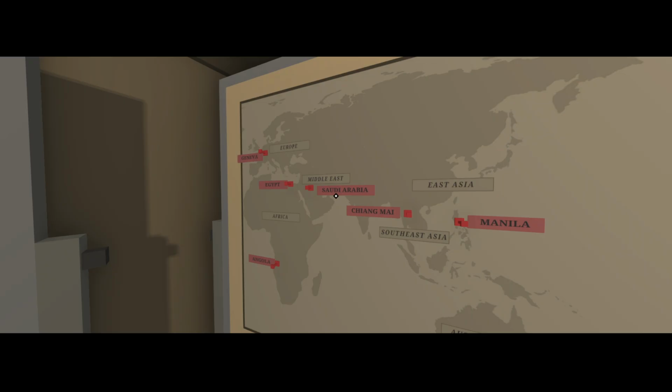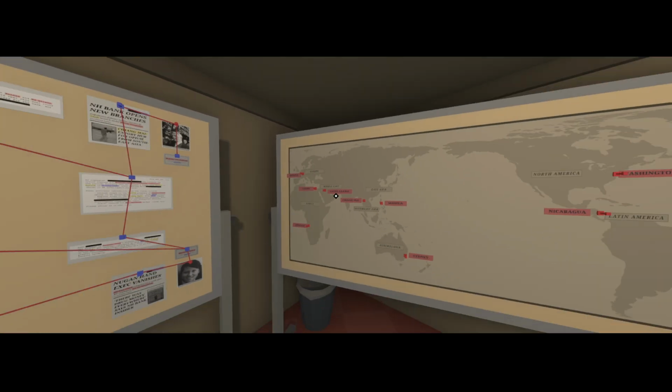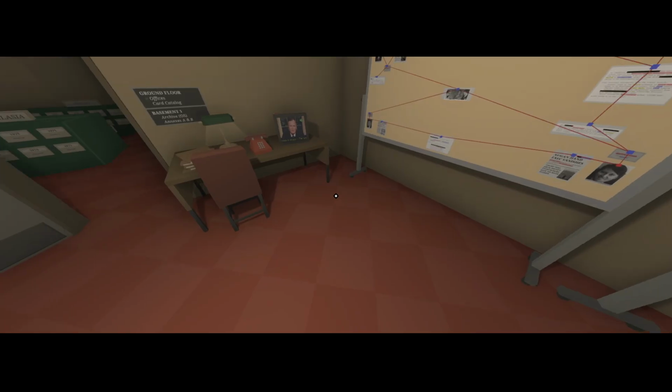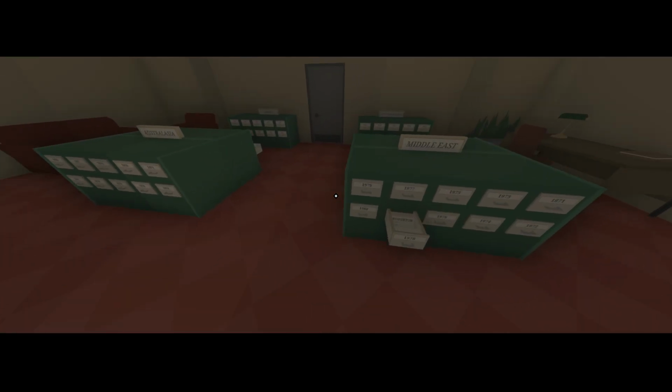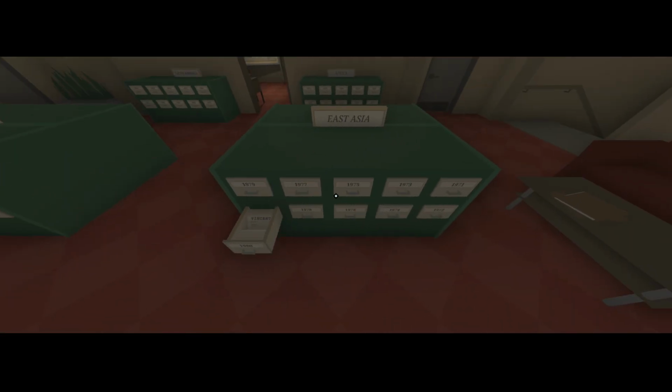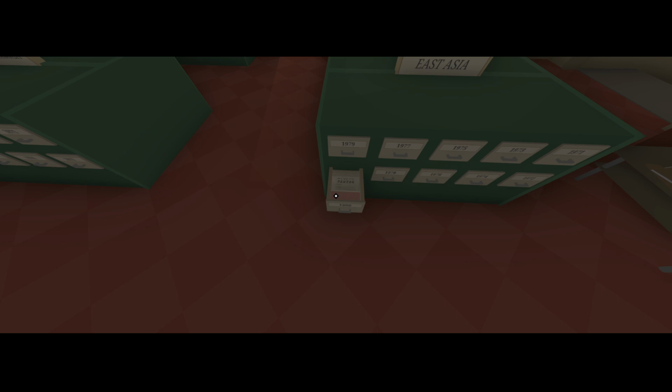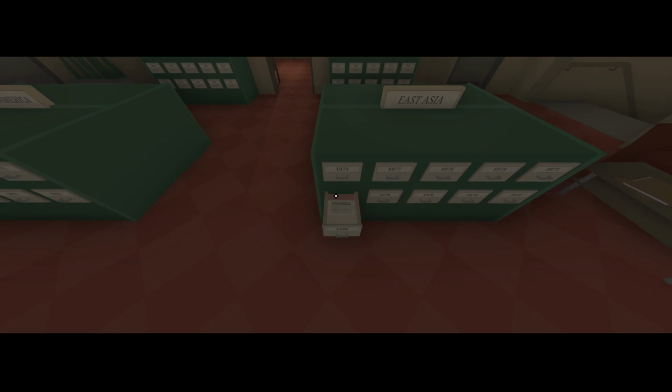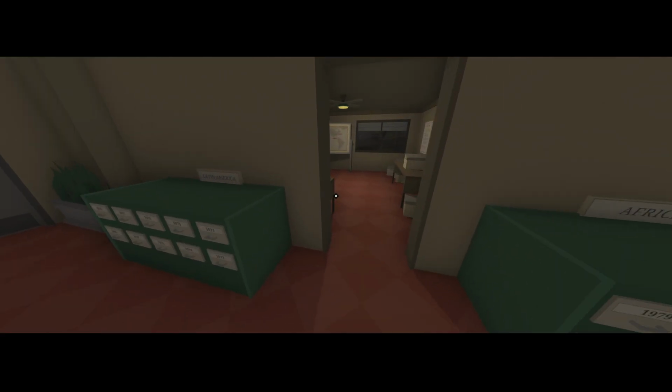But that's where Chiang Mai is, isn't it? Or is it in Eastern Asia? So we already did Eastern Asia 1980, didn't we? Let me just make sure we didn't go past anyone. No, did everyone. Yeah, okay, so nothing in East Asia.